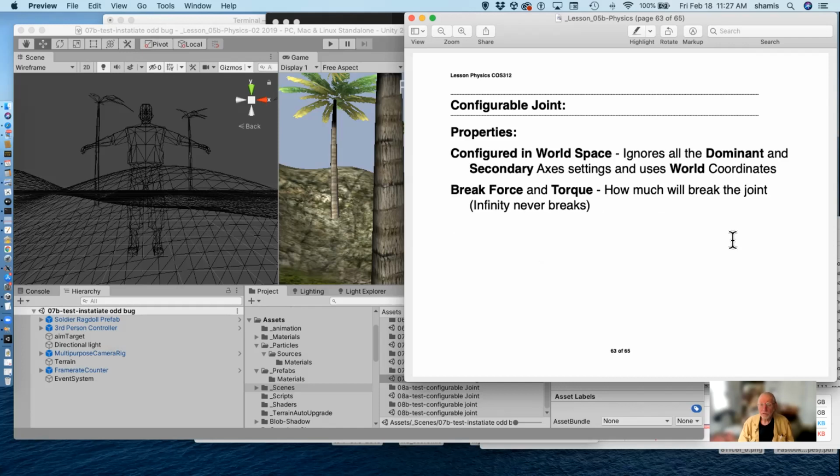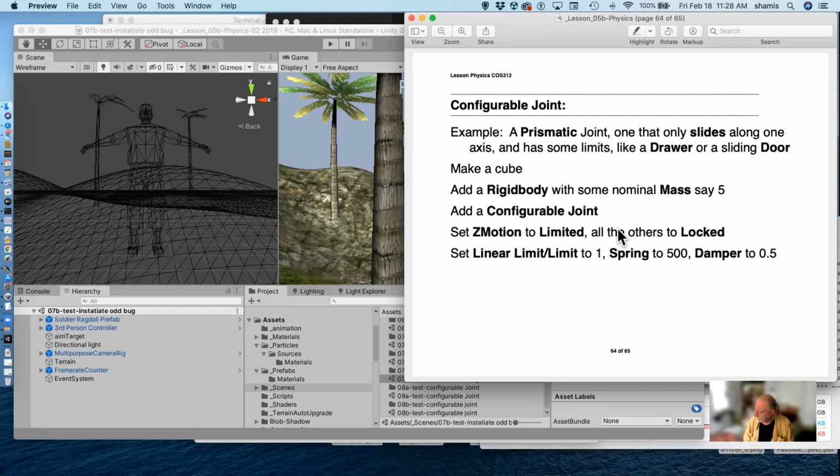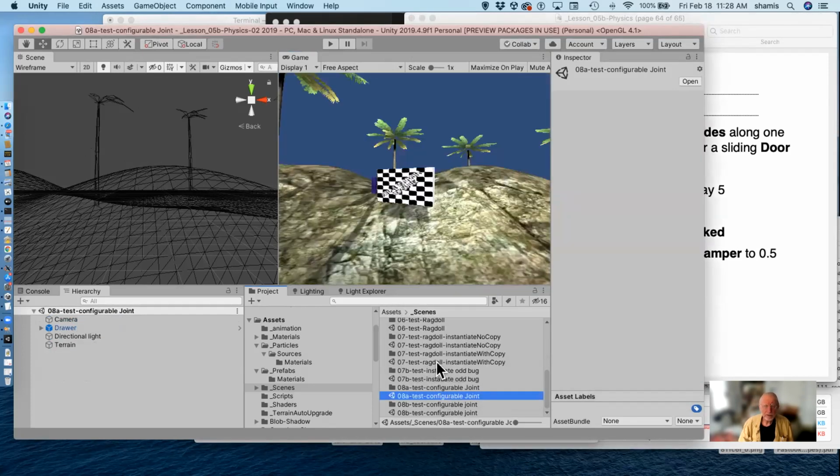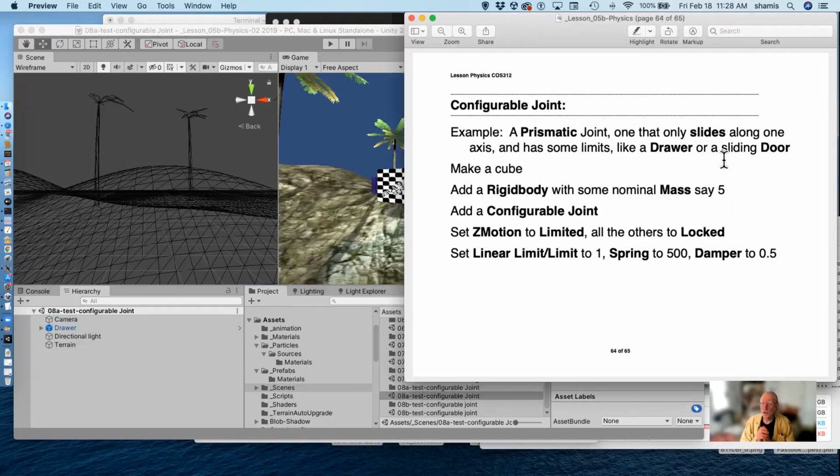So, and of course, brake force and torque that let us break apart whatever our object is. So given that, the configurable joint can make some really interesting objects with some very simple settings. For instance, here I have an example of a prismatic joint. This is a joint that only slides along one axis, and it has some limits. It's like a drawer or a sliding door. It can go out so far and it can go in so far, but it only moves in one direction